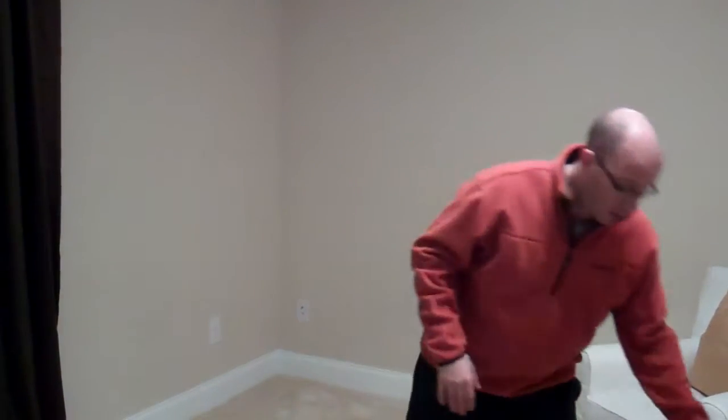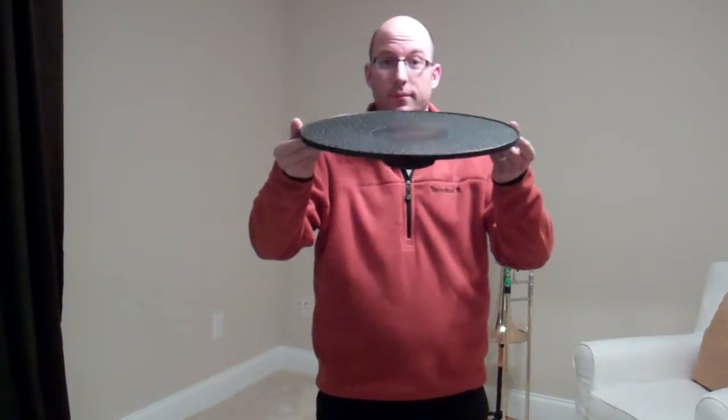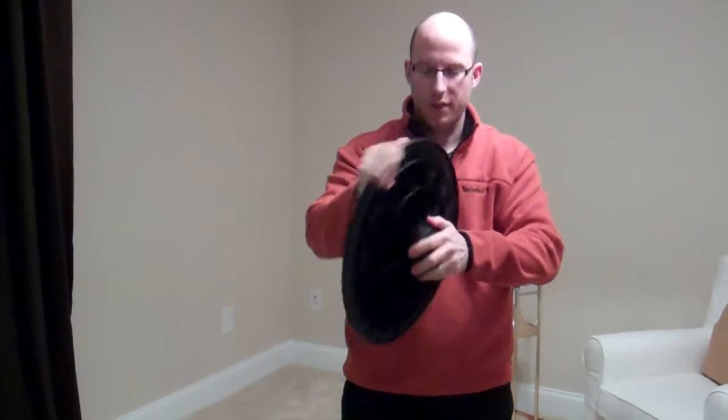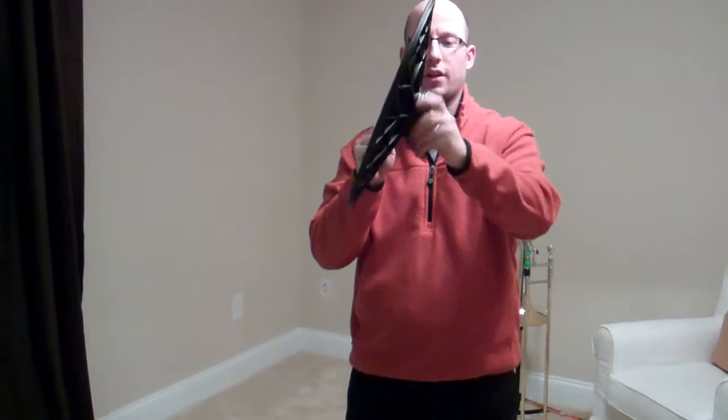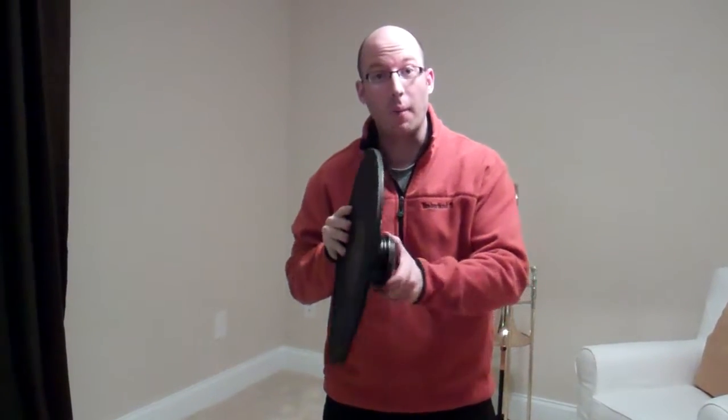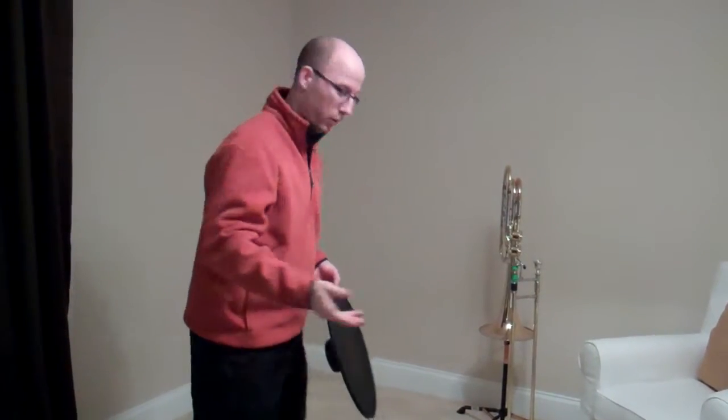One of the things I use for my practice is called a wobble board. Basically, it's meant to stand and wobble. This one happens to be adjustable, so I can increase the height or decrease the height as needed. And since this is a carpeted floor, I'm going to go ahead and increase the height a little bit. What I do is stand on the wobble board,